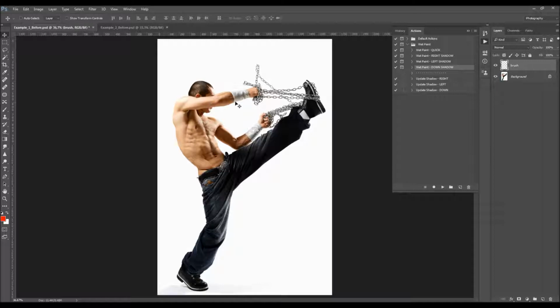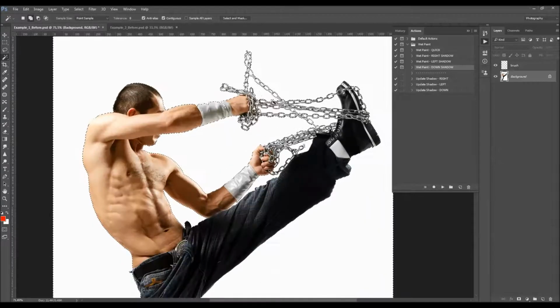If you're making a selection of your subject, the best is you need to select a background layer, and sometimes it's easier to select the background and then just inverse the selection than selecting a subject, and that is the case in this photo here. So you can just pick the magic wand tool, adjust the tolerance, and hold the shift button to create a selection of the full background,